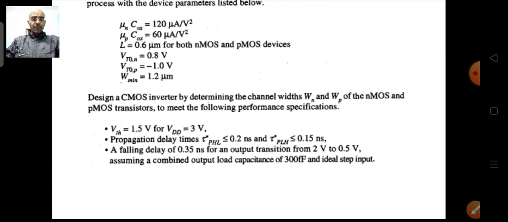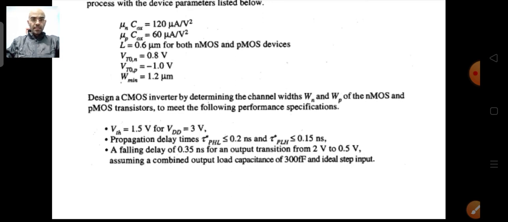Still, something is given, so the procedure will be the same: we have to find, at these particular voltages, which device operates in which region. Once you are able to find that, things will not be difficult. We have already seen how to do it once we have identified the region correctly.